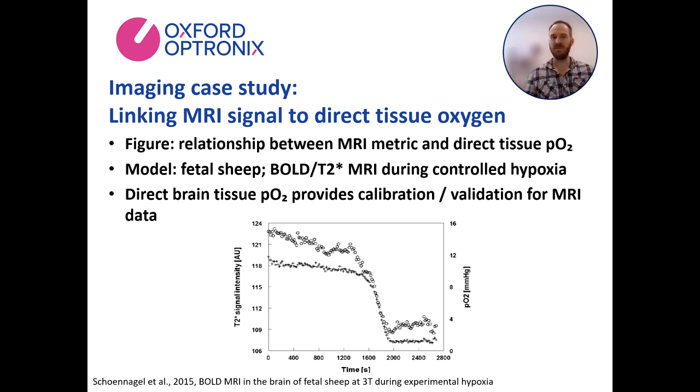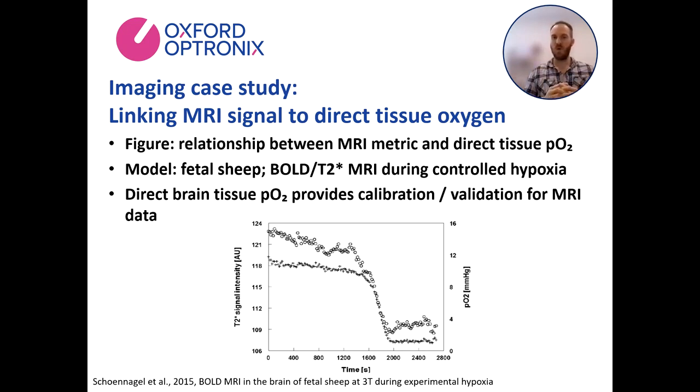So instead of saying this MRI signal must mean oxygen, they build a bridge between the imaging metric and the measured PO₂, which makes the imaging conclusion much easier to defend. And it's also a nice reminder that these approaches aren't competing. Imaging gives spatial context, and direct PO₂ gives you ground truth to rely on. All right,